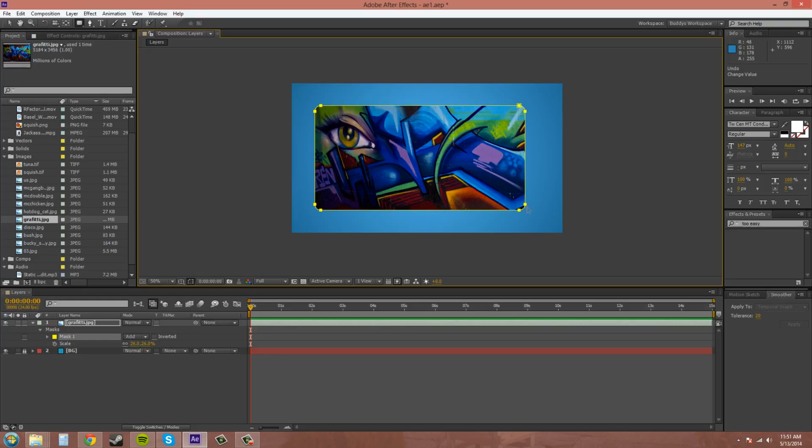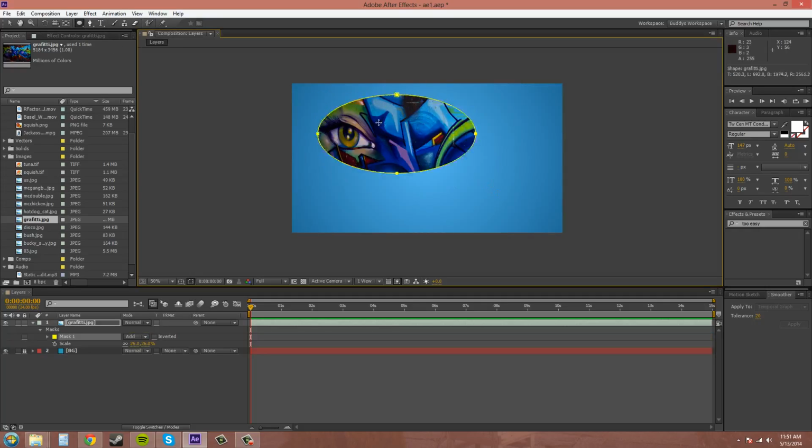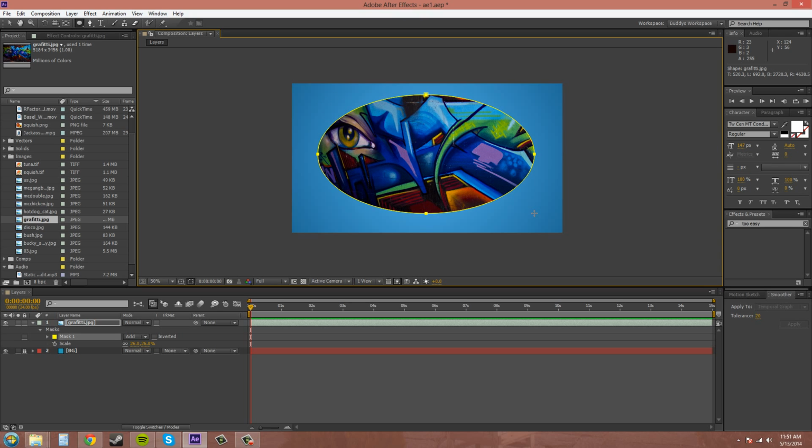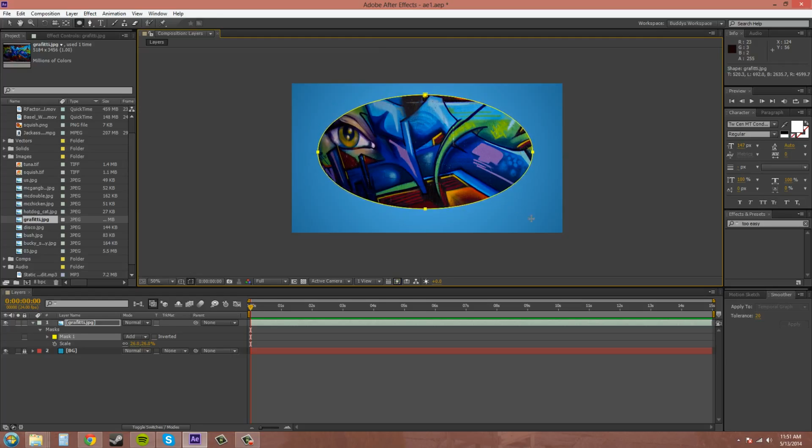I'll press Ctrl Z and head on to the next one, which is the ellipse tool. The ellipse tool draws from the side out instead of the center. If you hold shift you'll get a circle, and that's pretty much it for the ellipse tool here. There's not anything special with that. So I'll hit Ctrl Z,